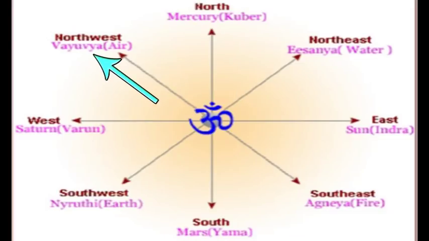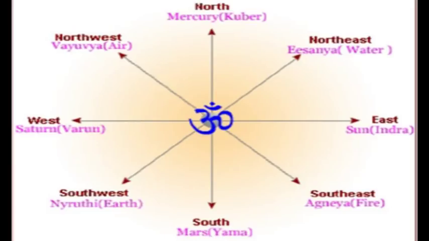The northwest is called Vayu Moola, obviously called after the availability of plenty of air in that direction. The west is called Varuna side, obviously called after the copious rains the west direction brings. And the southwest is called Nritya Moola, called after Kali, the Nritya. And finally, the south side is called Yama side, after the god of death, Yama.